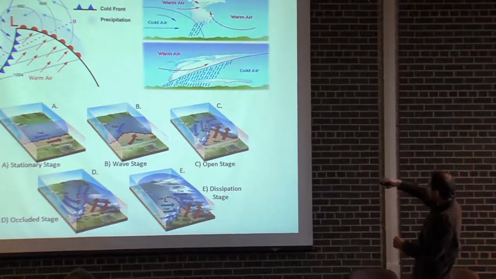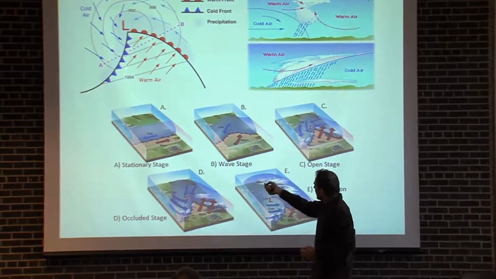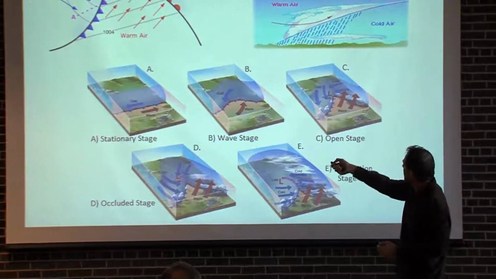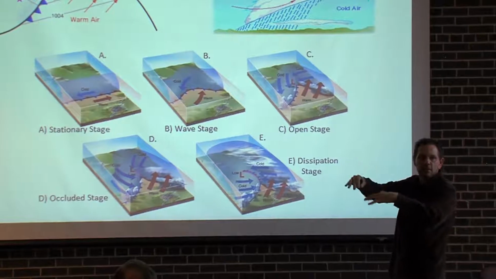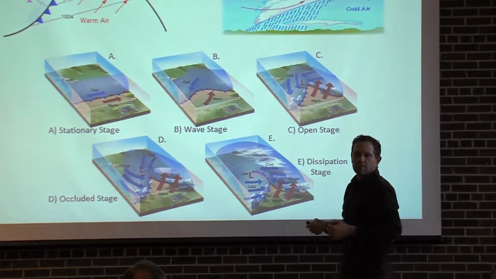But where we have the most action with these low pressure systems, you have the most severe of the thunderstorms along this cold front. This cold front is moving in. As you can see in this top diagram here, cold air is very dense and it's going to stay low to the ground. And anything ahead of it that's warmer is going to be pushed up into the atmosphere.